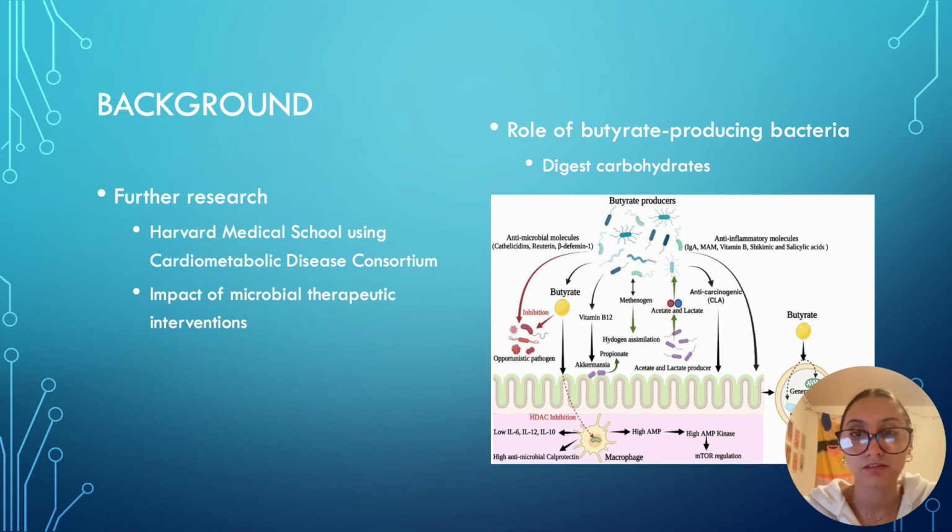Studies like these suggest that microbial-based therapies, such as the use of prebiotics and probiotics, may be successful in preventing severe diabetes. One of the main bacteria of focus when studying metabolic disorders is butyrate-producing bacteria. There has not been significant research on how these bacteria affect the insulin secretion pathway, but this molecule is important for anti-inflammatory properties that maintain gut homeostasis, and it's important for overall gut health. I'll talk more about this later.